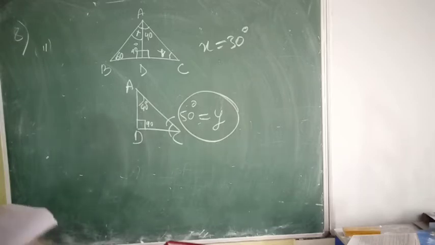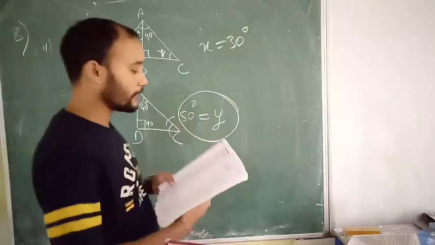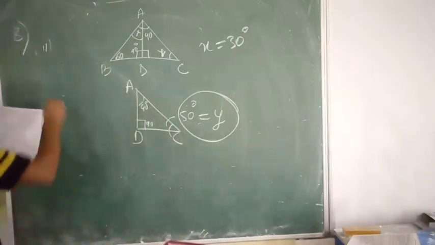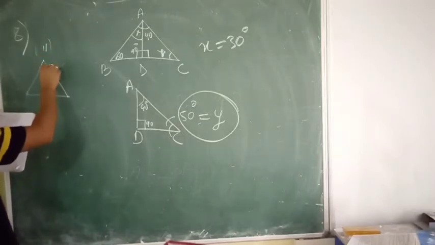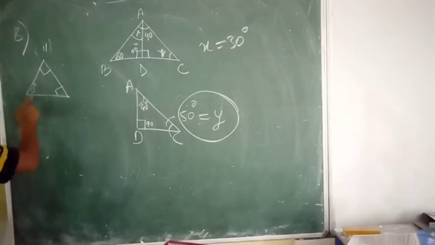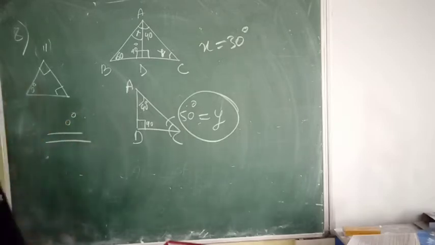Now we will discuss 9C. Is it possible to have a triangle in which two of the angles are right angles? No. We cannot have a triangle having two angles measuring 90 degree, because the third will be 0 degree. And if it is 0 degree, it will not be like this way. It will be something else like this. Parallel lines are 0 degree because there is no intersection between them.